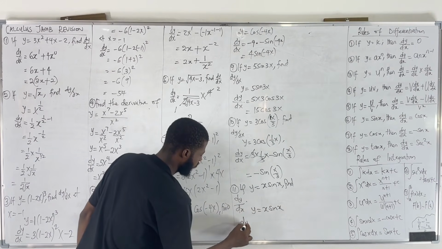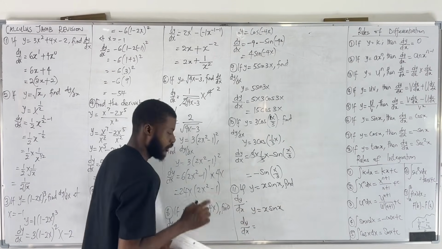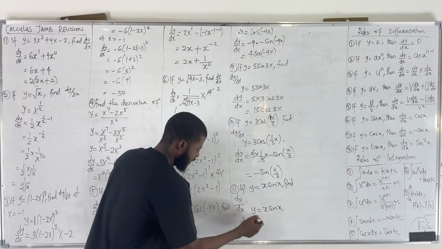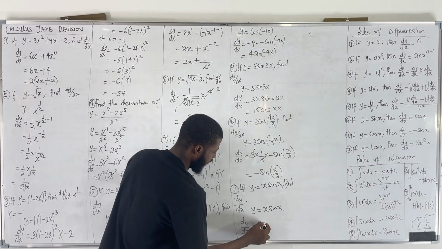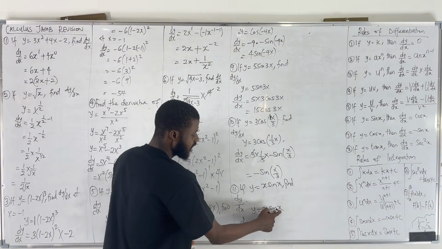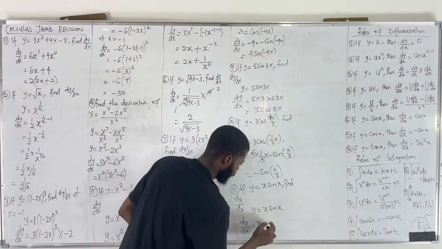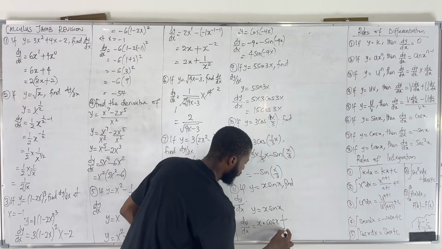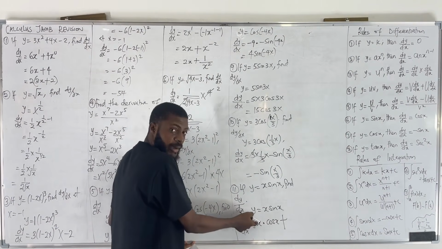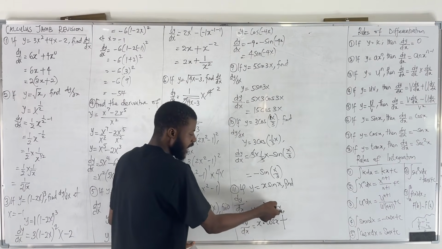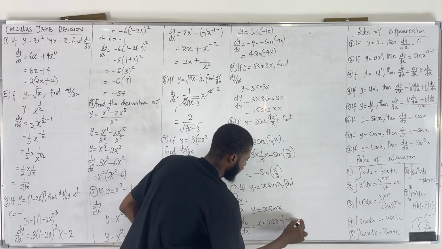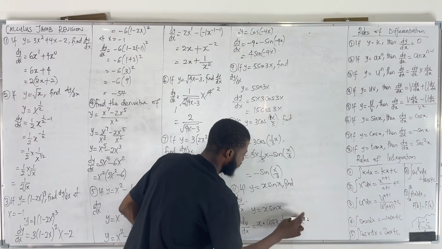To find dy/dx, what I will do is, listen, I will write my x down. Write x, then times, differentiate sine x. When you differentiate sine x, you get cos x. So this is cos x. Then plus, remember, the first time we picked x, the next time we pick is sine x. So I will pick sine x, then times